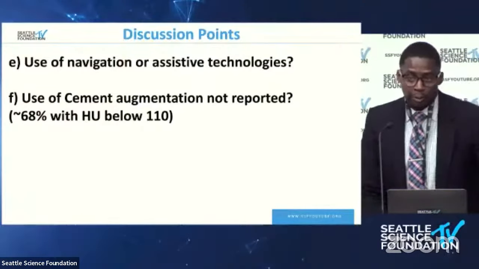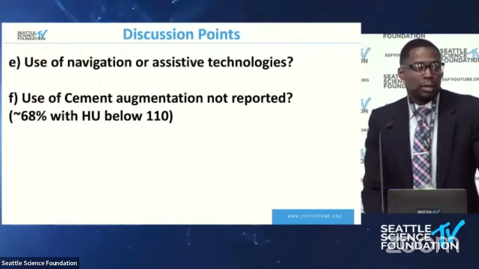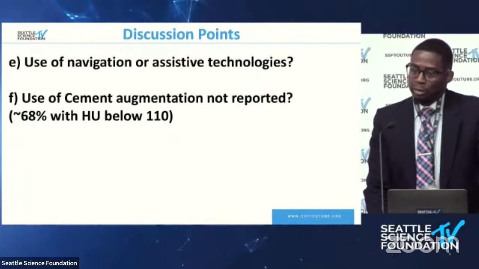I open the floor for further discussion related to not only the journal, but also some of the things we discussed earlier today. Dr. Abdul-Jabbar. Great, thank you for the concise review. I think it's a very valuable paper. I treated these both open and MIS, and I think they're both effective.